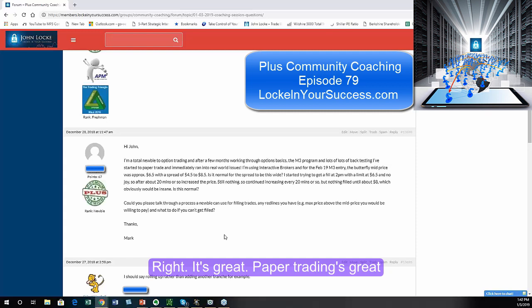Right. Paper trading is great in TOS for understanding how the system works. But as far as execution price, it is completely not reliable at all, period. Right, in either direction. If it pulled off and you got it filled at $4, that's not reliable either. So whenever I'm going through that, it's more just an exercise to say, okay, the mid price